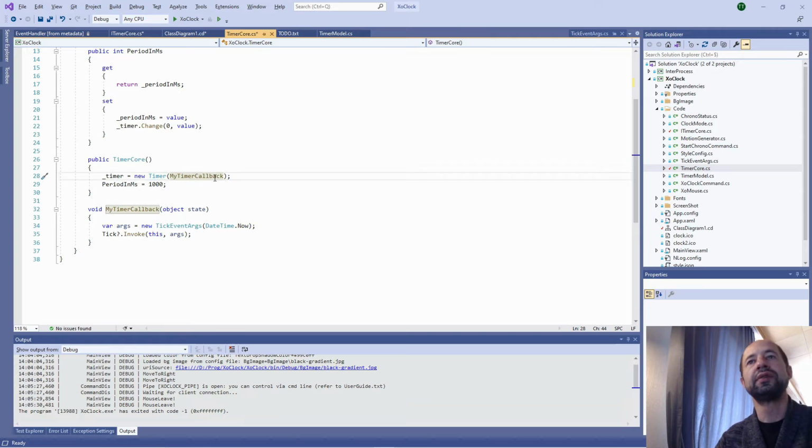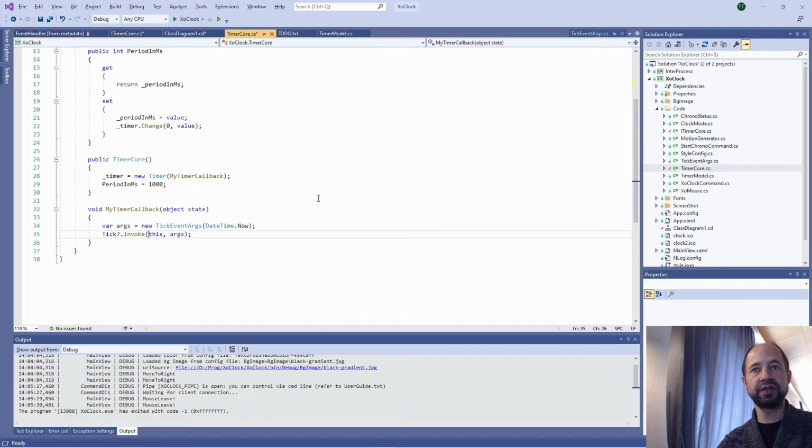The thing is, my timer callback is triggering the tick event. By convention, in fact, there is a little issue in the code. We should define this tick event args.